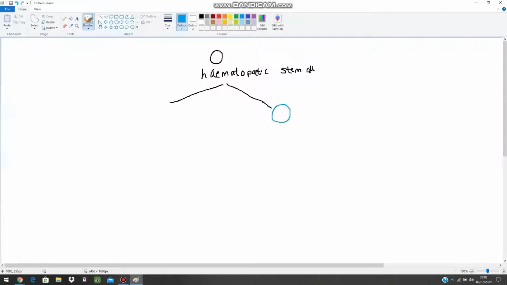Here we see the cell going down the lymphoid route, and it becomes a lymphoblast. Here, the blast refers to an immature cell. Thus, a lymphoblast is an immature cell of the lymphoid lineage. This cell may then further differentiate to go on to form some of the most important cells of our acquired